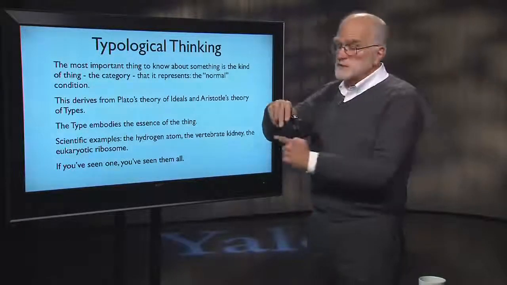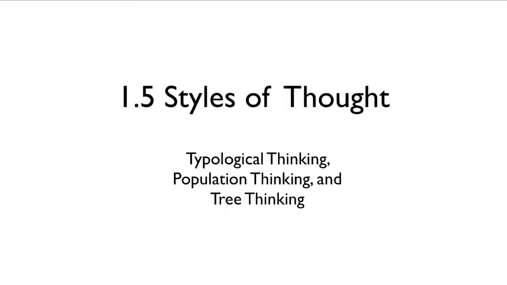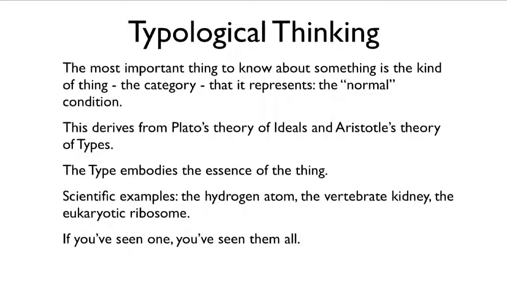The three different styles of thought that I want to discuss today are typological thinking, population thinking, and tree thinking. Now, if one is thinking typologically, then the most important thing to know about something is the kind of thing that it is, that it represents a normal condition. This is a way of approaching the world that was first really formalized by Plato and Aristotle, Plato's theory of ideals and Aristotle's